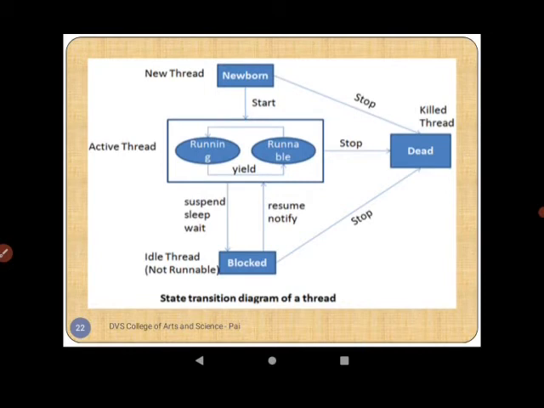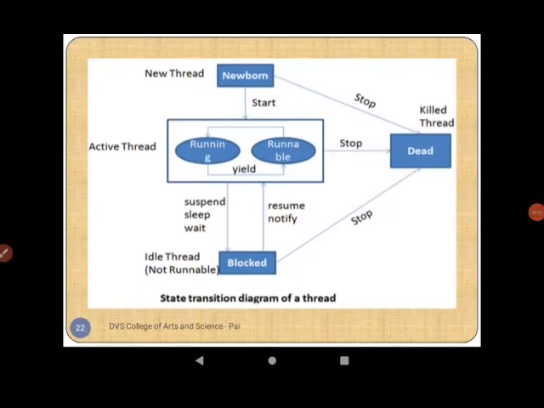The thread is not yet scheduled for running. At this state, we can do one of the following things with it. First, schedule it for running using the start method, or else we can kill it using the stop method. Note that if we try to use any other method at this stage, an exception will be thrown.